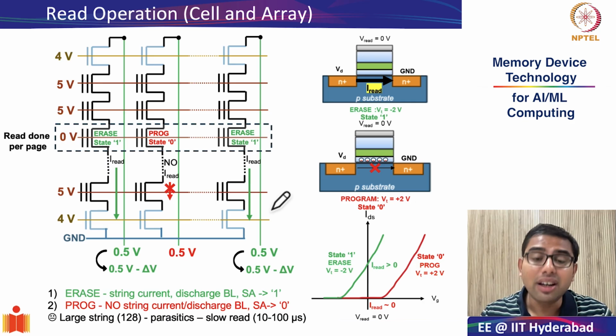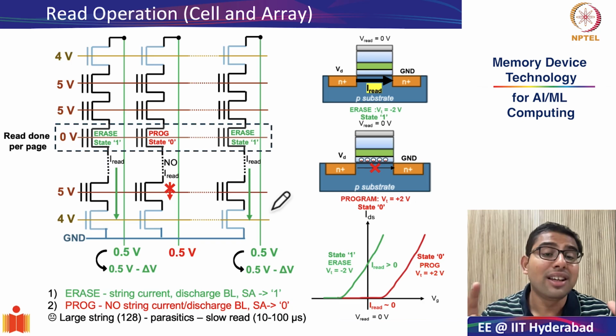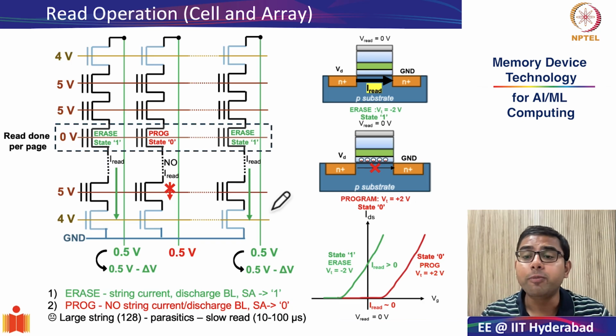This has a reason from the array level, because we want to do the erase operation at the block level, and hence this is where the name flash comes from, right? We make sure that the substrate connection to all the cells in the same block are the same. So we apply 0 volts at the control gate of all the cells, and in one shot we apply plus 20 volts at the substrate, and all the cells get erased. But it takes a significantly larger time of close to 1 millisecond.